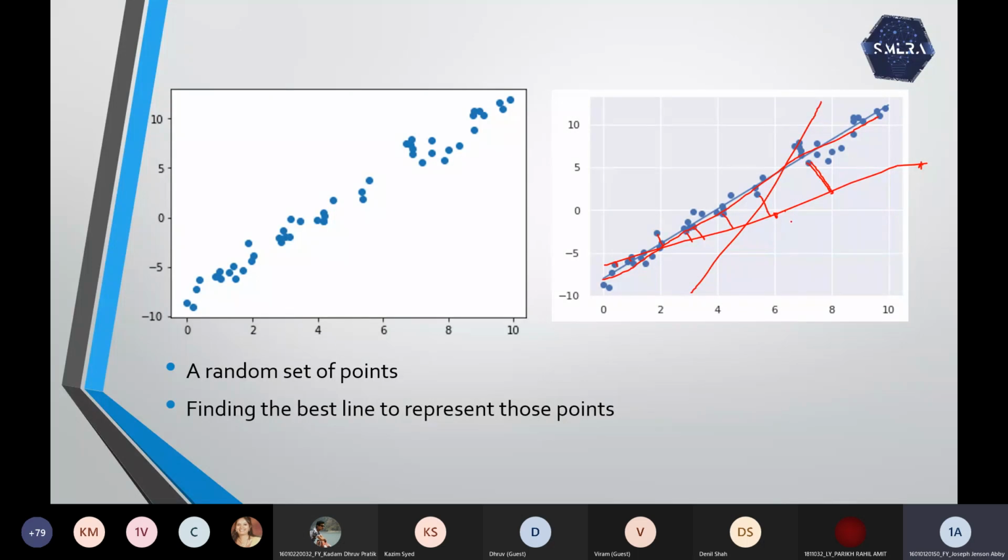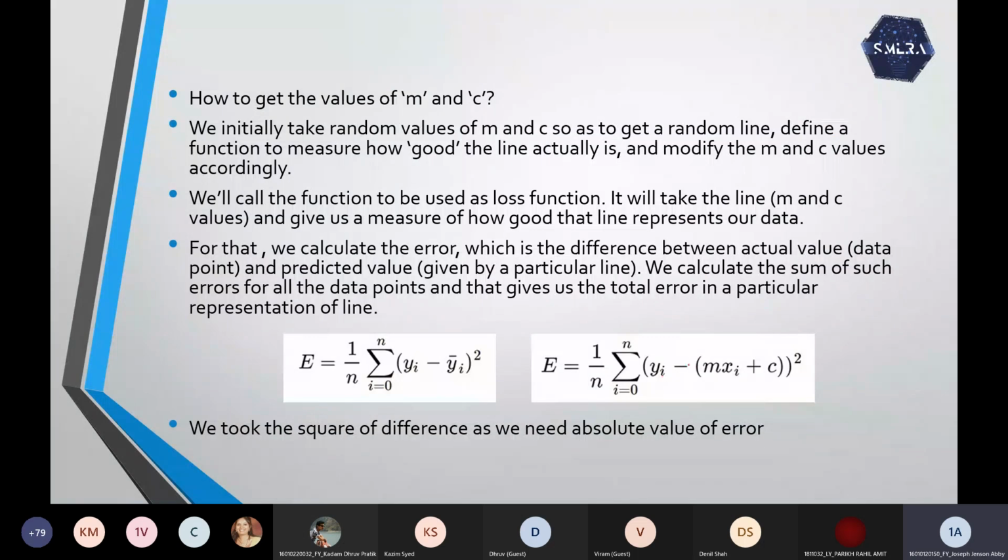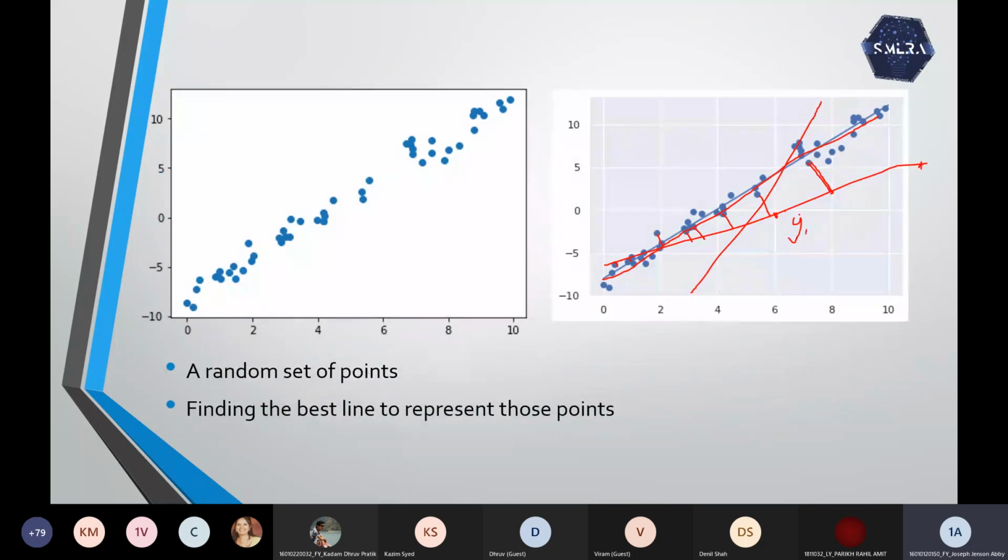Here the actual value, the value from the data, is yi. The i denotes i1, i2, i3, the individual data points. All right. And our predicted value is yi dash. So suppose this point is y3 dash, and this value here will be our y3. If you do y3 minus y3 dash, you will get this distance, correct? You're subtracting the y values.